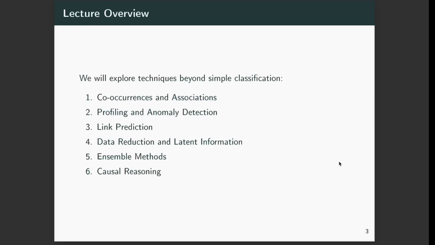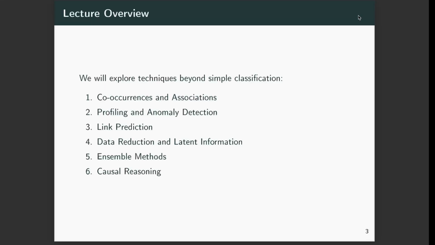Second, we will cover profiling and anomaly detection, the art of characterizing what is normal, which gives us the power to spot what is abnormal. Third, we will study link prediction, which is the task of predicting whether a connection should exist between two entities in a network. Fourth, we will explore data reduction and latent information, techniques for dealing with large, high-dimensional data by